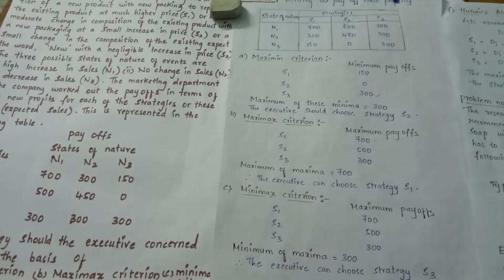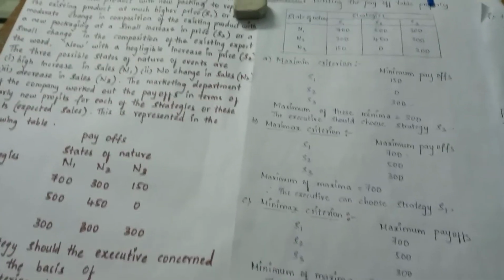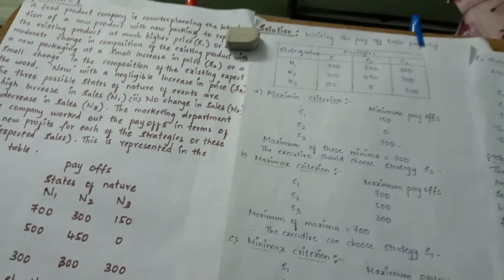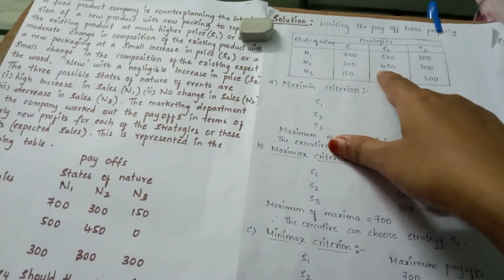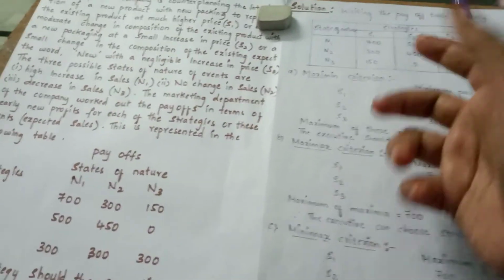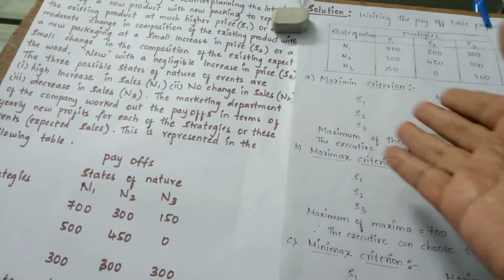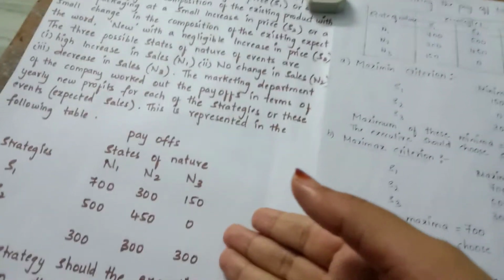Okay, this is problem number 1 on decision making under uncertainty, students. Isn't it so easy? So in this problem, students, I have rewritten the payoff table where I have taken the states of nature in rows and the strategies in columns. Students, if you don't want to rewrite the payoff table, then you can also calculate these maximum and minimum criteria from this payoff table itself.